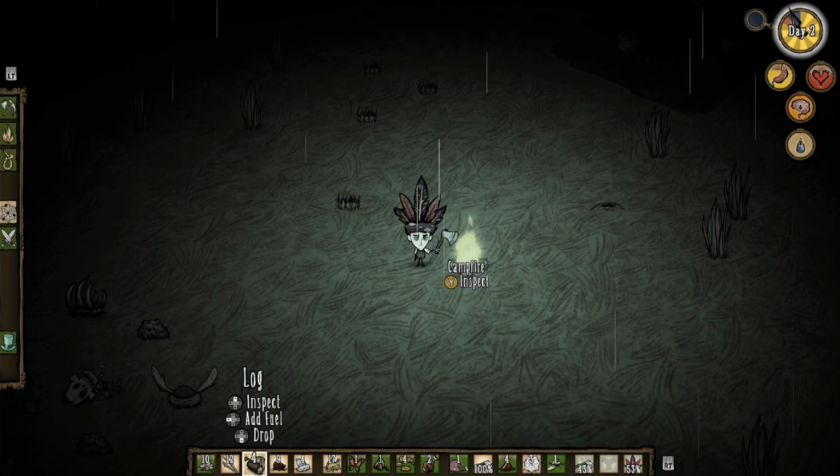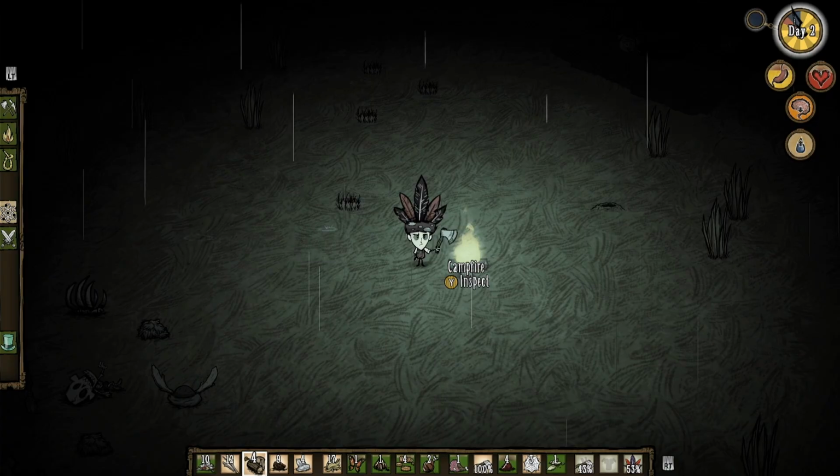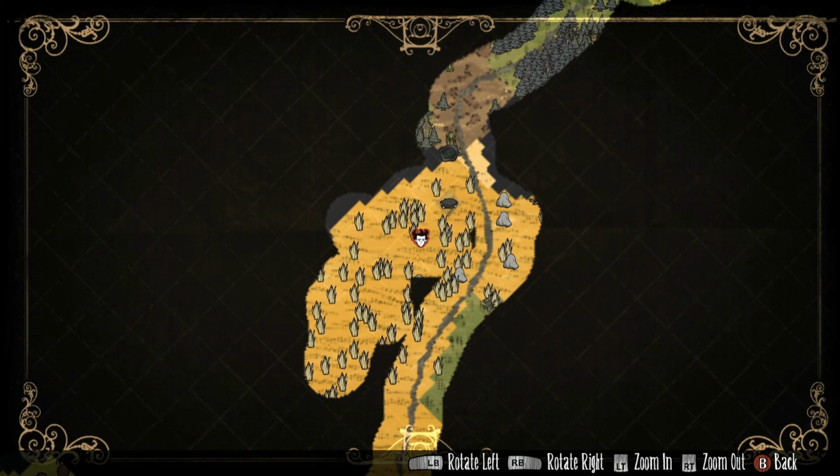Okay, so we got rid of the spider. We need to make a science machine. We need to make an alchemy engine. We need to set everything up the way that we do when we start a base camp. So let's go get some...